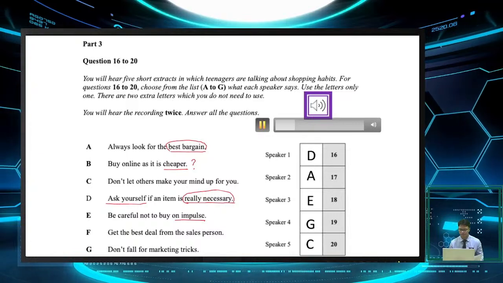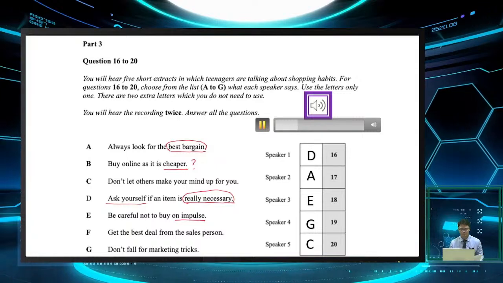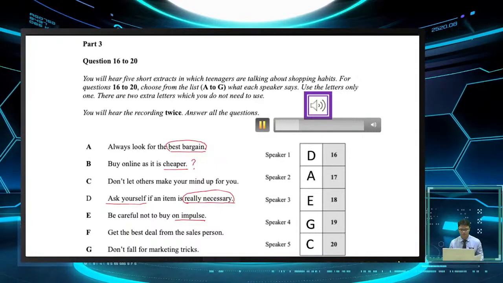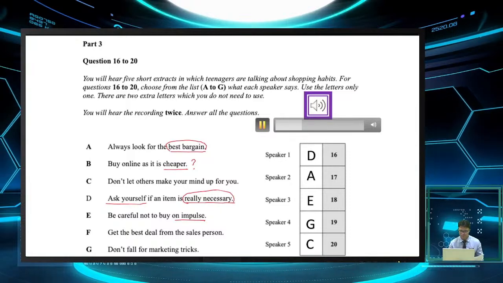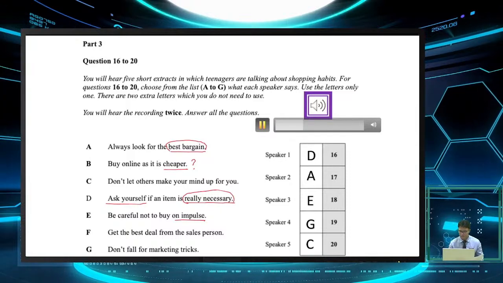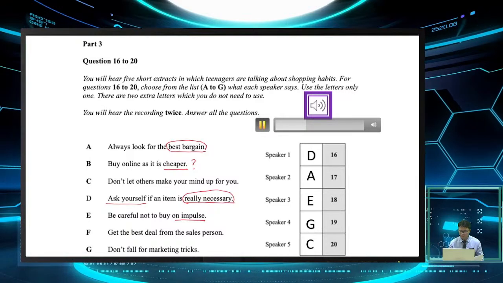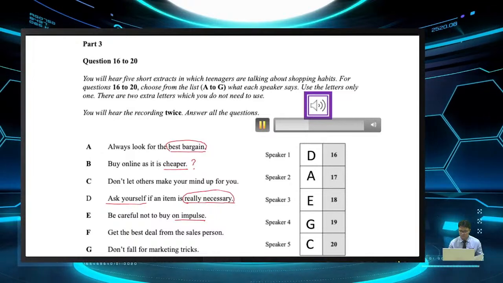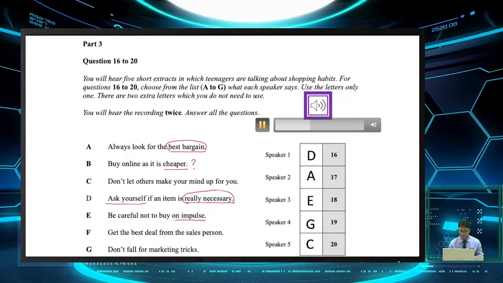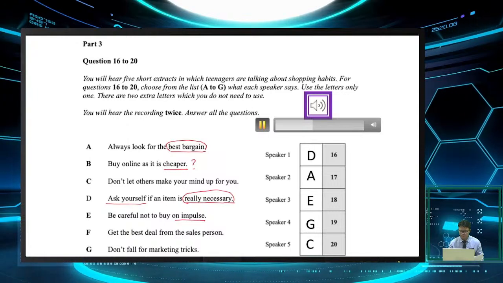You now have 30 seconds to look at part 3. Speaker 1. Before I buy something, I look at the advantages and disadvantages of buying it. I ask myself why I need it, where I'll put it, and what it's for. If I can't give definite answers to these questions, I may want it, but will probably decide I don't need